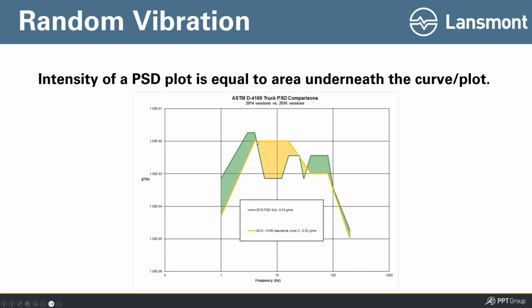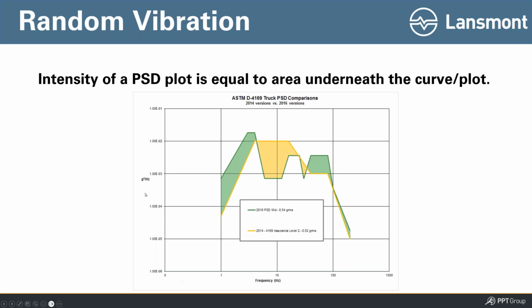And then from 4 hertz out to about 30 hertz, there's quite a bit more energy included in the old ASTM profile. In fact, let's say at 10 hertz, you've got about 20 times the amount of energy being input,